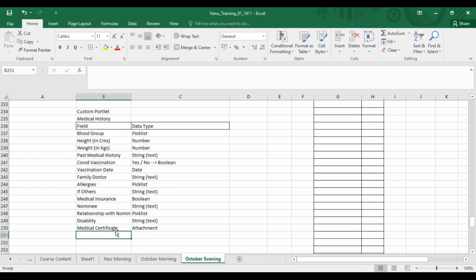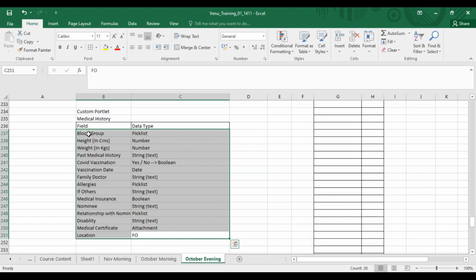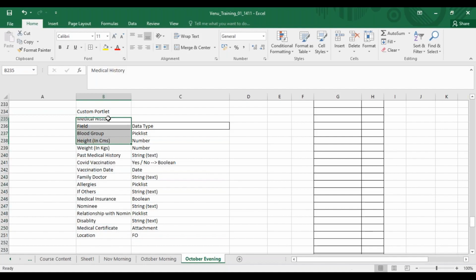Just to show you, I'll add location, which is a foundation object. Just to show you how to add an object, a generic object or foundation object or MDF object, I'll show you one field. Now all of these fields are to be created. Now these are all your custom fields in your custom portlet called medical history. Now let's go to